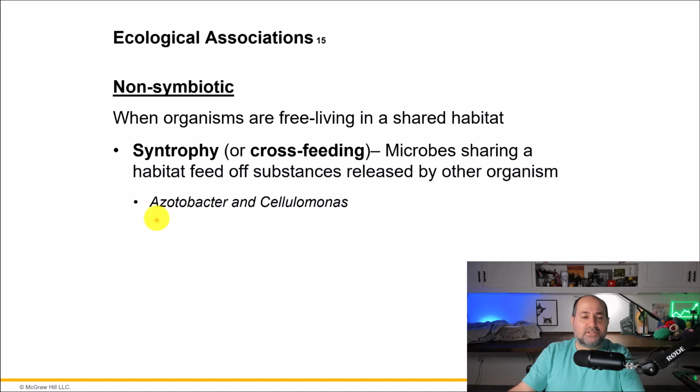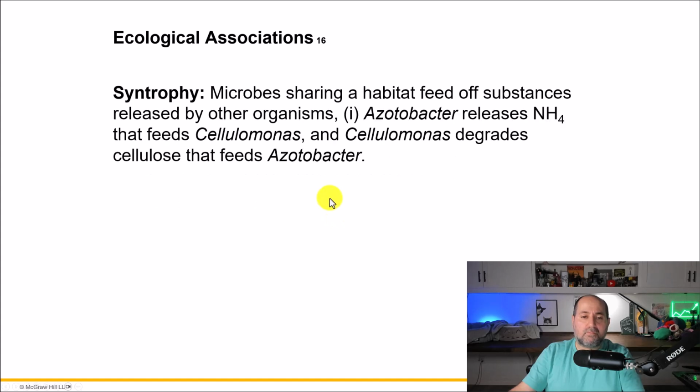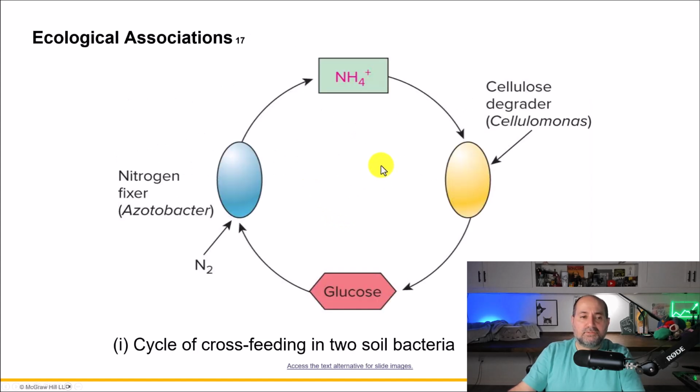There's a nice example here with Azotobacter and Cellulomonas. Here you can see the association between the two. Azotobacter is an organism that's a nitrogen fixer. Remember what that means? Takes nitrogen out of the air and fixes it into actual molecules, right? Like, for instance, ammonia, or into proteins. And then this organism takes nitrogen out of the air and it produces NH4+, which is ammonia. Then the